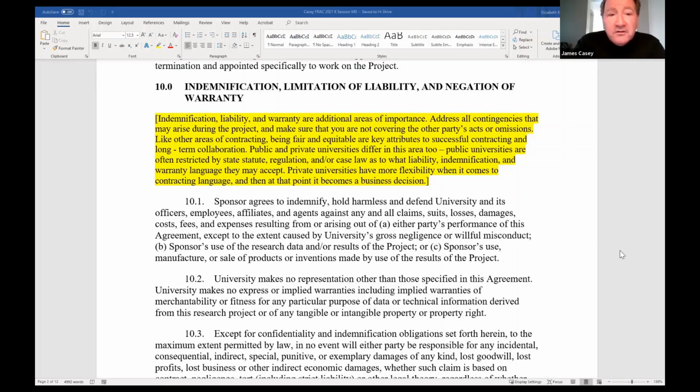At the private universities, there's a bit more flexibility, but once again, you have to be very smart at what you're doing here. You don't want to indemnify another party for their acts or omissions, certainly not. That's common sense, and you don't need to be a lawyer for that. But oftentimes, mutual clauses are very important. In my experience,